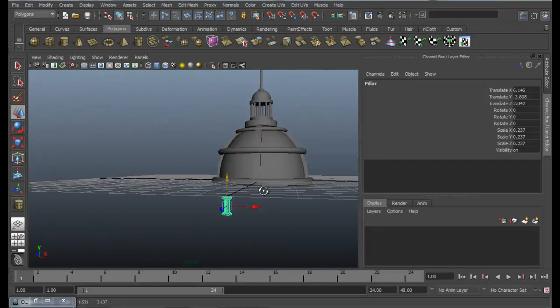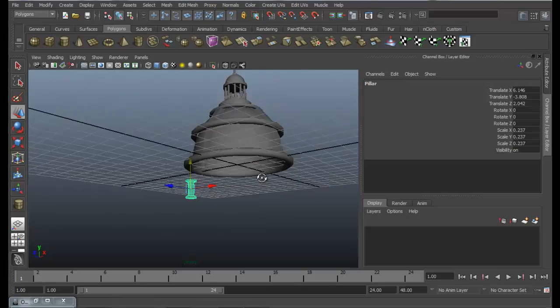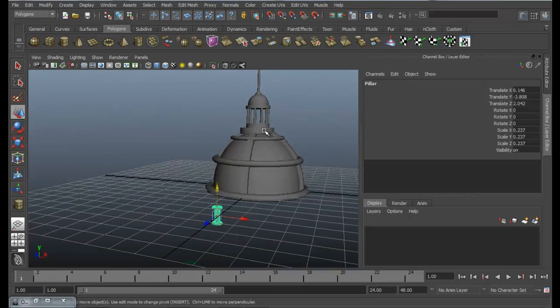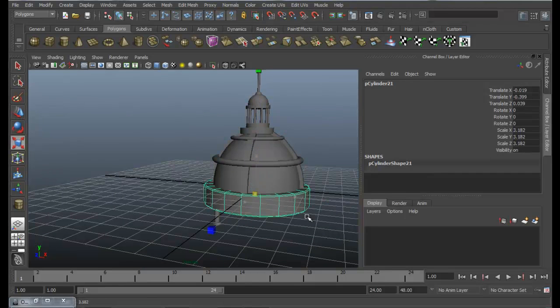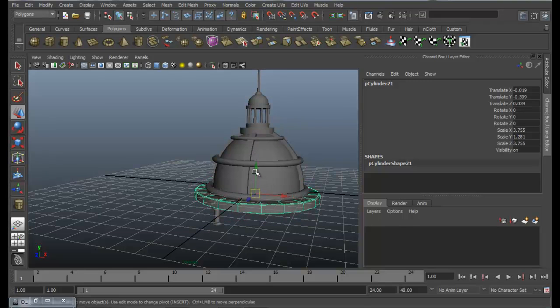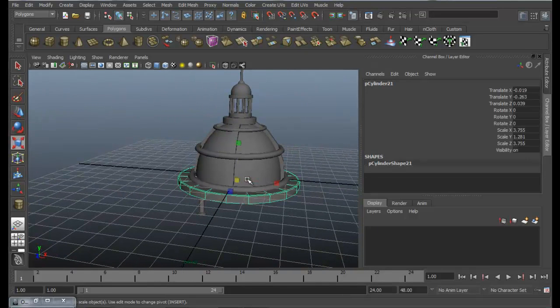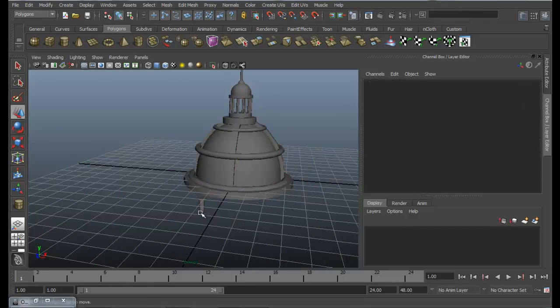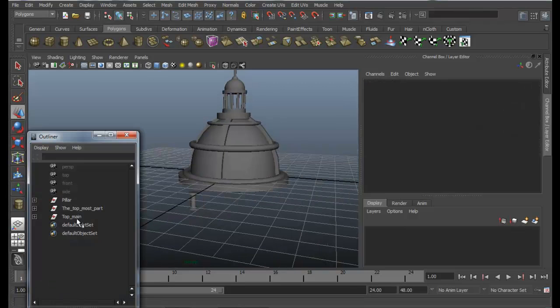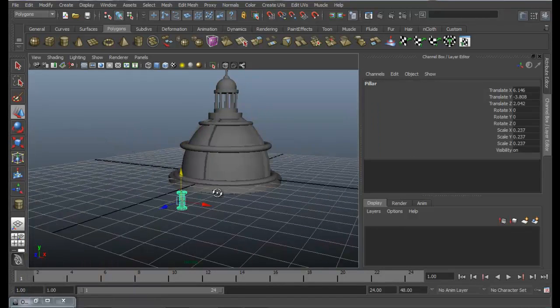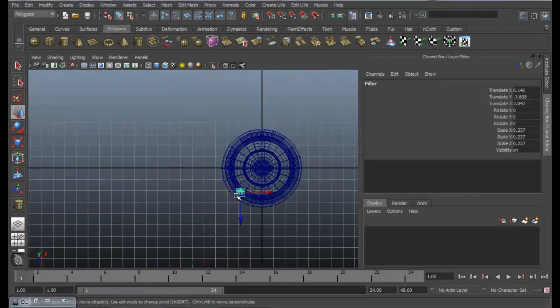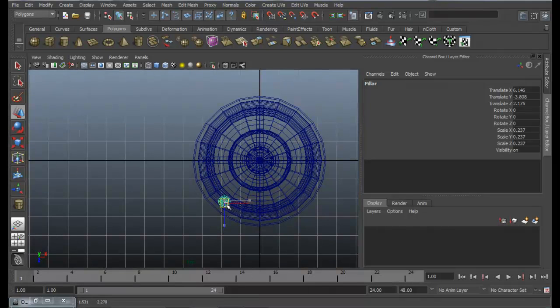But before that, we're going to cover this part by using a cylinder. You can just duplicate this one, move down and just scale it up. This one down. Scale it down a bit. Okay, that's great. Can go back to outliner, select the pillar, and then just position it as you want.